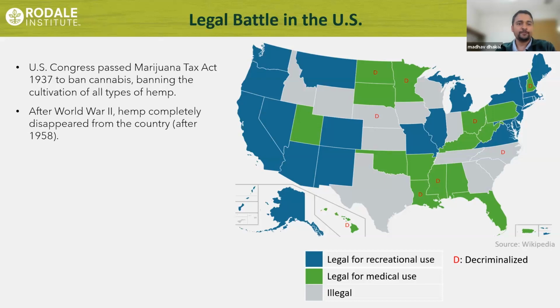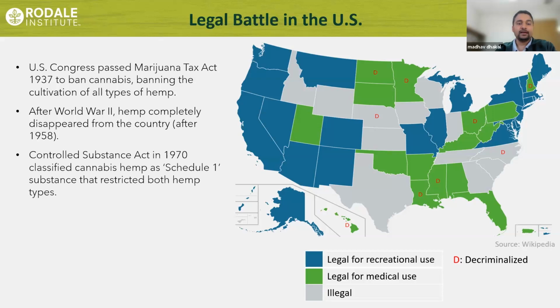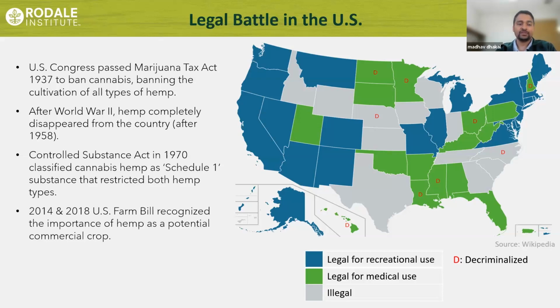After World War II, it almost completely disappeared from the country, around the 1950s, 55. Under the Controlled Substances Act in 1970, cannabis was classified as a Schedule I substance, which means both the drug cannabis type and industrial hemp were restricted by that act. But later, in 2014 and 2018, the US Farm Bill recognized the importance of hemp, the low-THC content hemp,